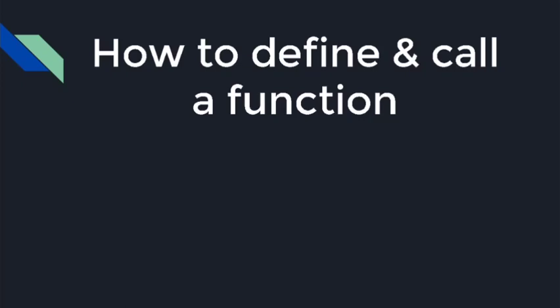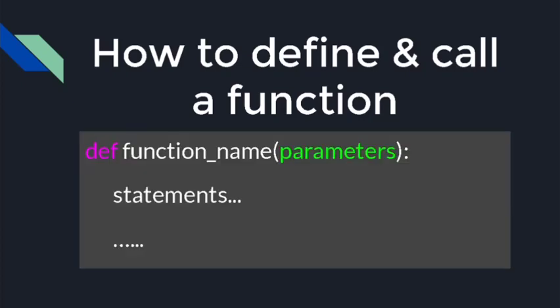The basic syntax for a function definition is as follows. We write def, then the function name, whatever the name of your function is, and then in the brackets you write your parameters if you have any, then you put a colon, and within that block you write your statements. So let's see how to define and call a function